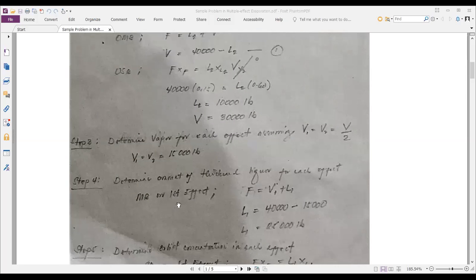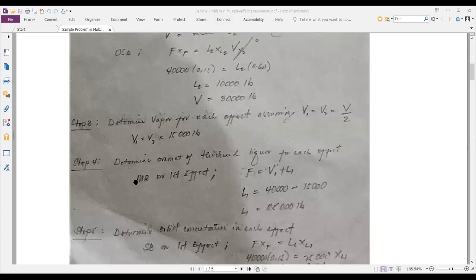So this is my thickened liquor based on this assumption of the vapor coming from each of the effects. Now after I have done determining the thickened liquor in the first effect, I'm supposed to determine the thickened liquor in the second effect. However, it's already determined here so that I can determine the total water evaporated. So there's no need for me to do material balance on the second effect to determine L2. But you can do that if you want to check. But most of the time, class, it's 100% of the time you will be getting the same value here. So you already have L2 here, so that you will get the V. Now you have the V, you have the L. Next is the solid content.